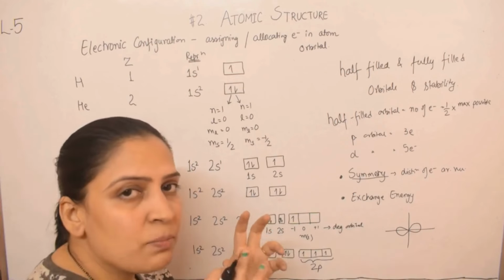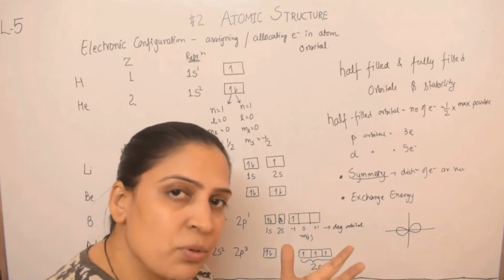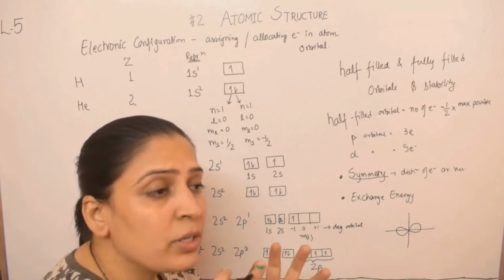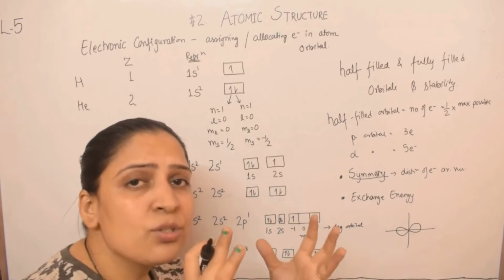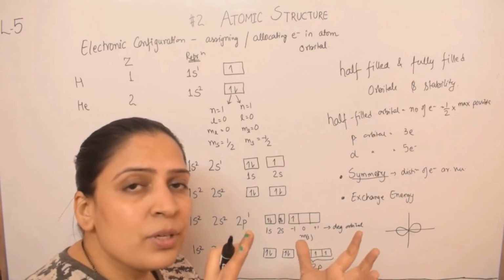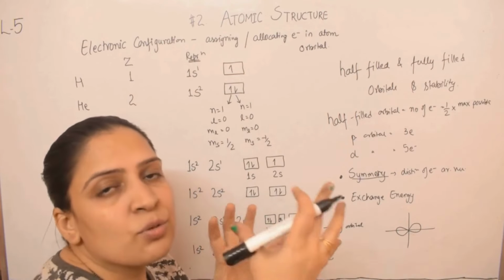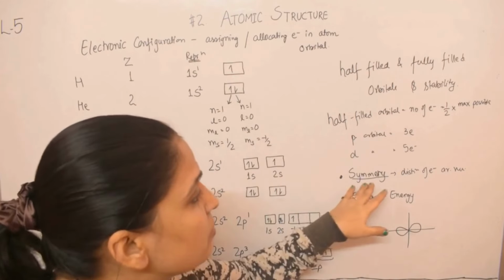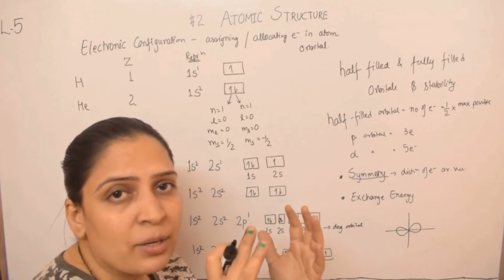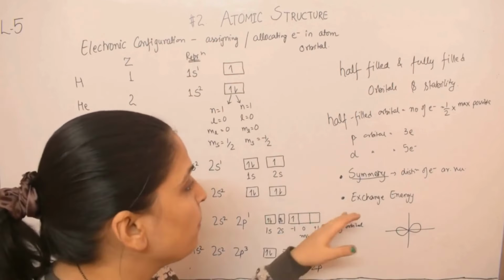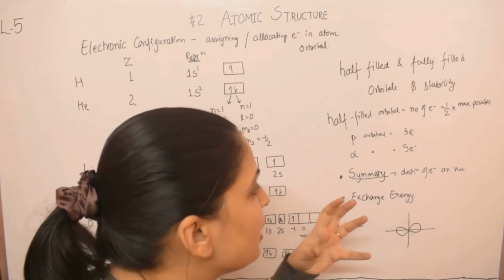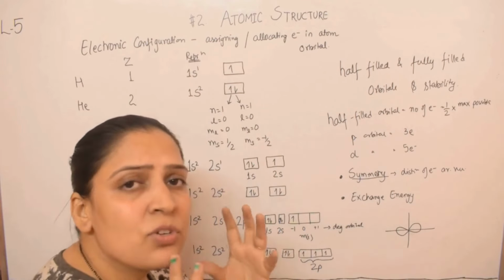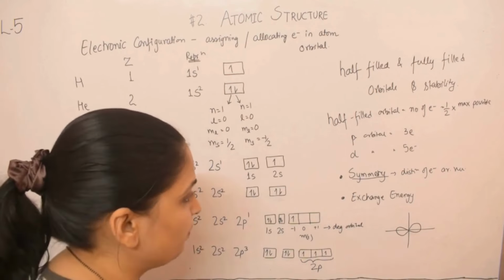So charge is symmetrically distributed around the nucleus. The atomic structure as a whole is not distorted, because there is a symmetrical charge distribution of electrons along the three directions. That is giving symmetry to the structure of the atom as a whole. So that symmetry is giving it stability, or symmetry is giving symmetrical charge distribution, you can say.